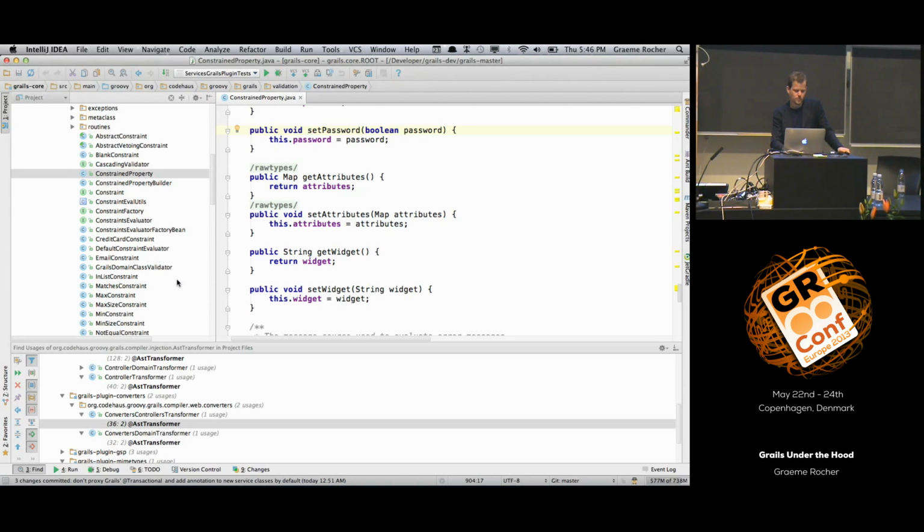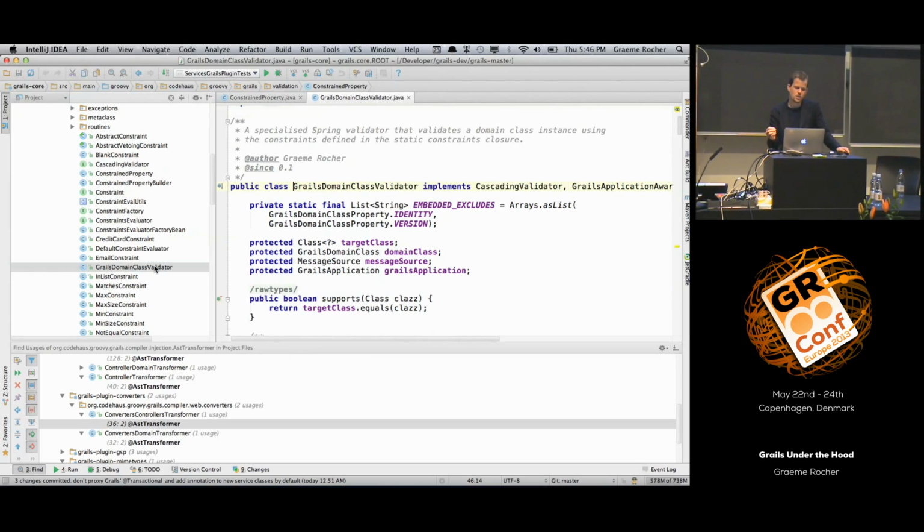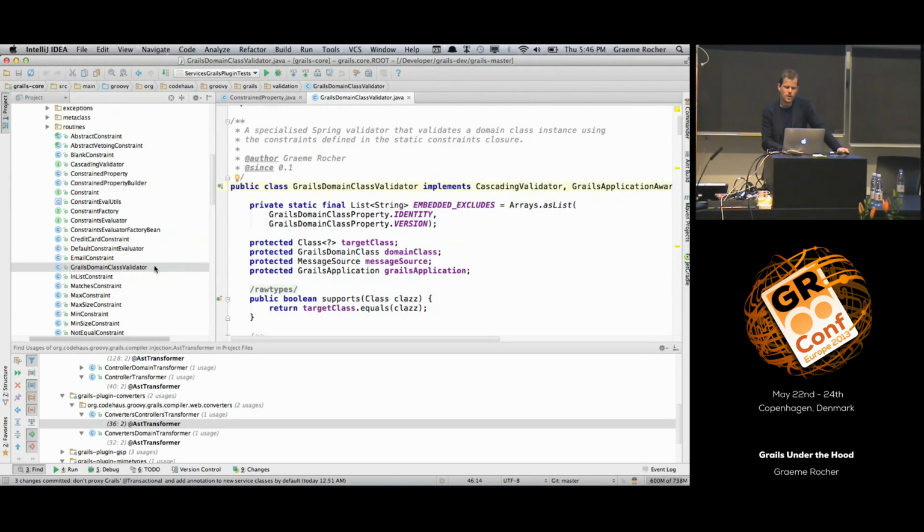In terms of the actual validation routine, when you call the validate method on a domain class, what actually happens is that each domain class or command object has what's known as a Grails domain class validator, and this guy implements